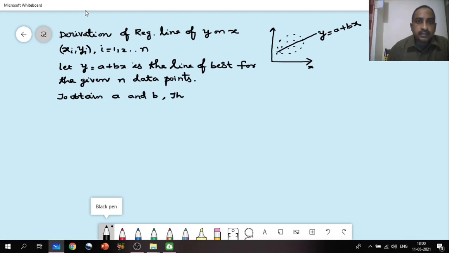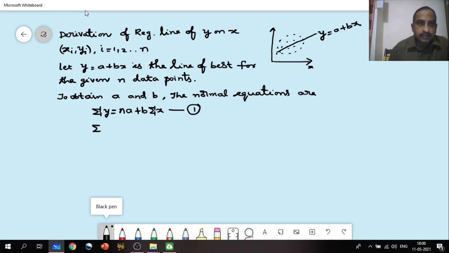The normal equations are, so you know that summation y equals na plus b summation x. I put it as equation 1. The other normal equation is summation xy equals a summation x plus b summation x square,